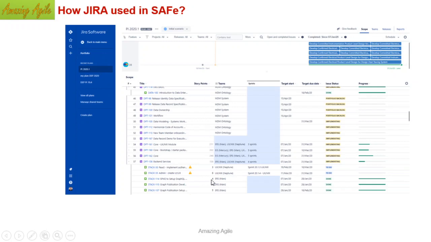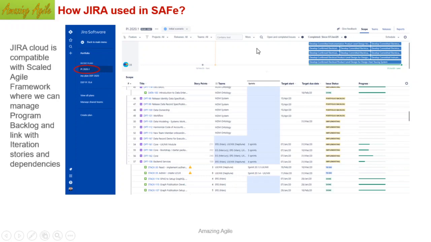Here are the various columns. If there is a story point, we show the story point here. This is not the story point, it's called WSJF. WSJF is not the cumulative of all the stories for the time being; you can just learn it. Then, which team is working? A feature is done by a particular train. So these are all the trains. Here is also a train. There are multiple trains, and these are the stories.